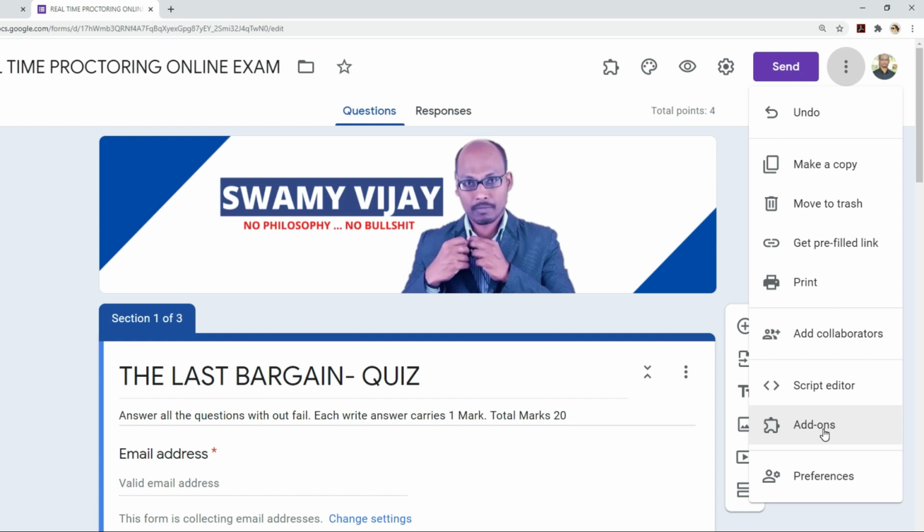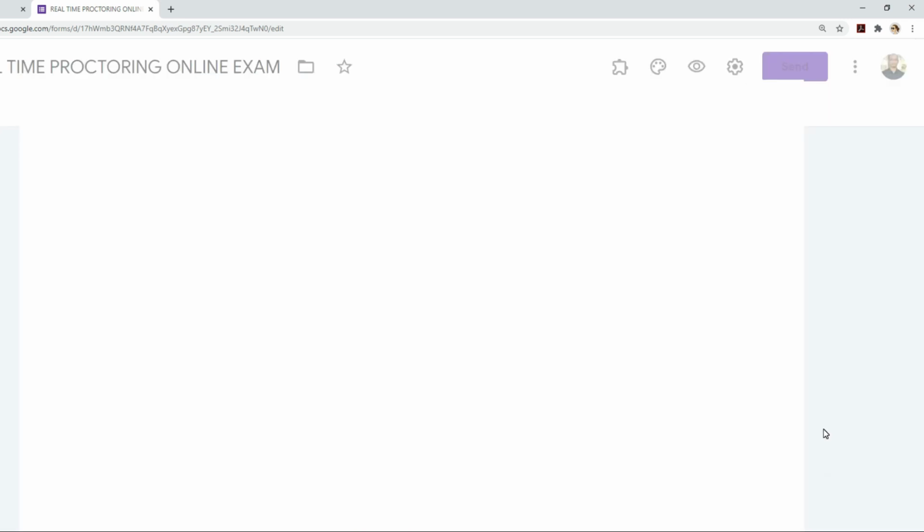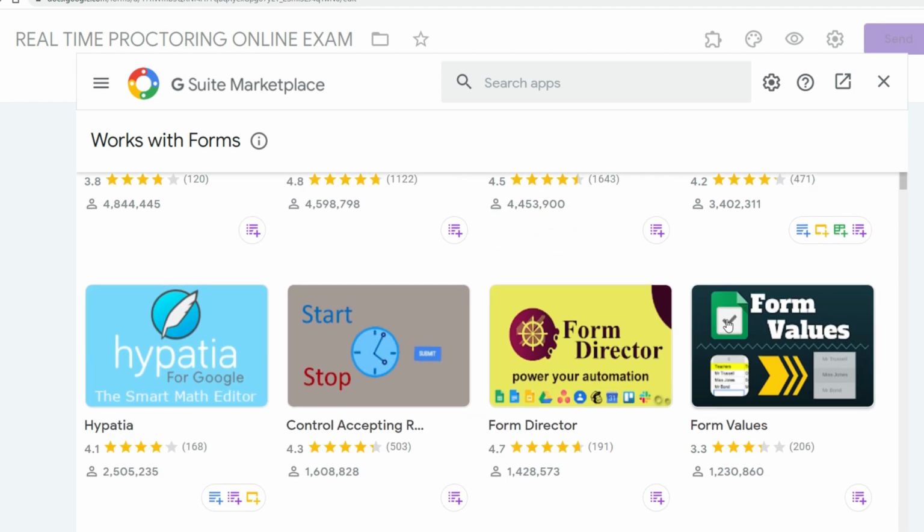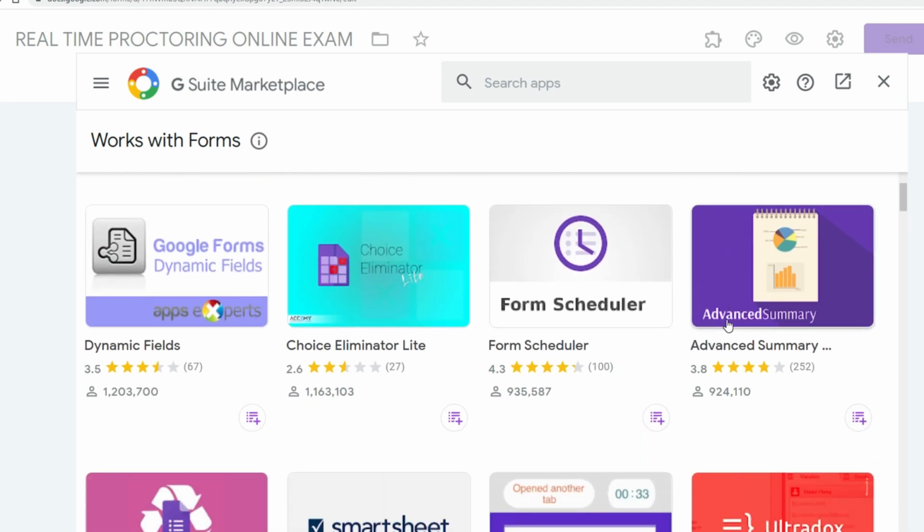Click that add-ons. Once you select that, you will get a new pop-up window, and here there are so many applications available. These applications are free, and they are called add-ons. You can use these add-ons to conduct your examination more efficiently and effectively. Now we are talking about a particular add-on which is available free in Google Forms.